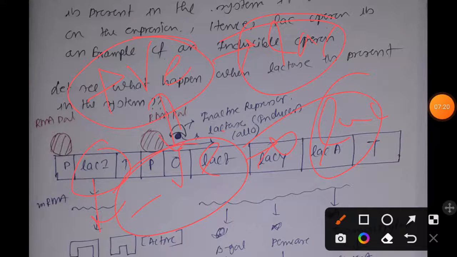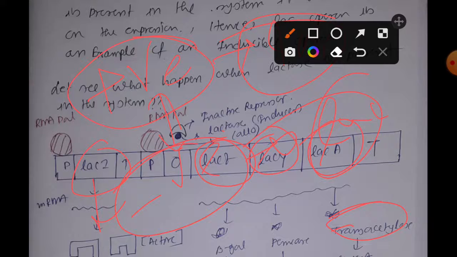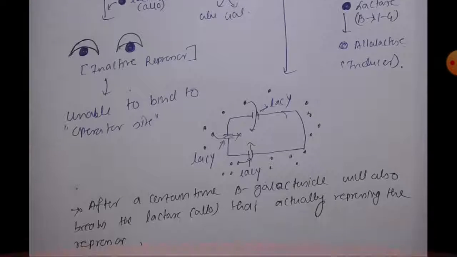This other important thing is that a very small amount of lac-Z, lac-Y and lac-A is synthesized constitutively, okay. That is the reason why trans-acetylase has the ability to convert lactose into allolactose, which can be used to inactivate the repressor, okay. So as the repressor becomes inactivated, the lactose operon becomes induced to start, and RNA polymerase will start the synthesis of beta-galactosidase, permease and trans-acetylase respectively. So that is it for today.